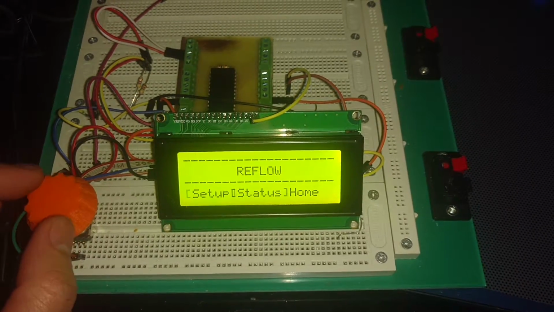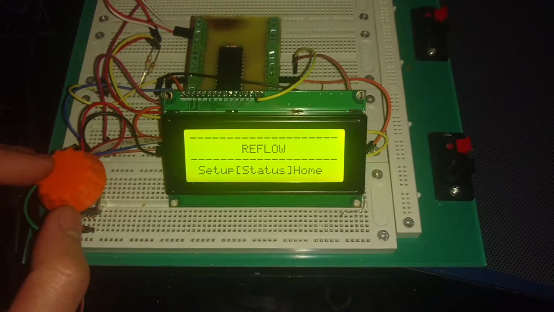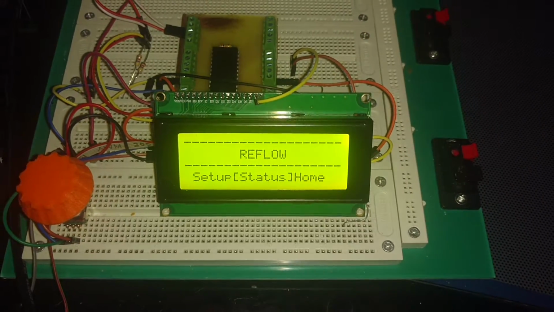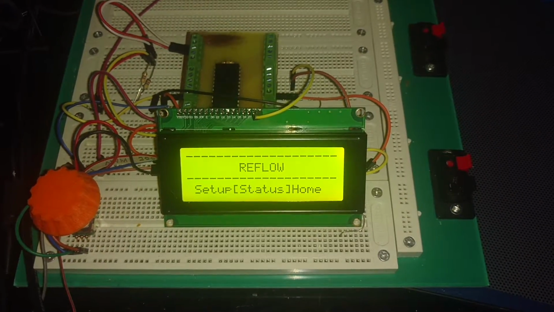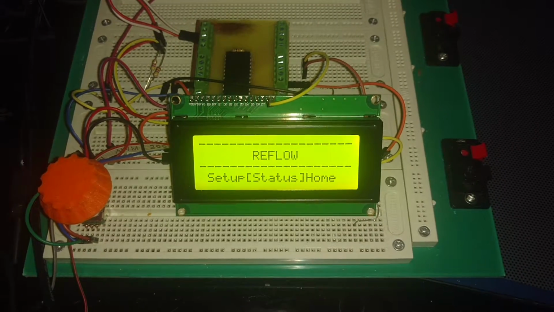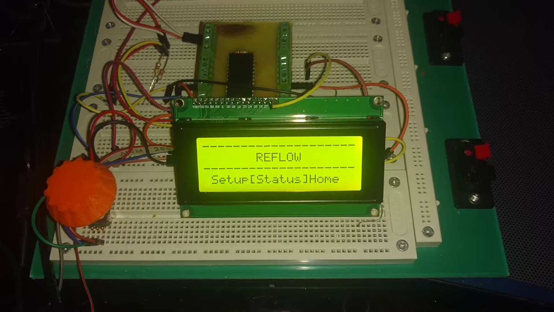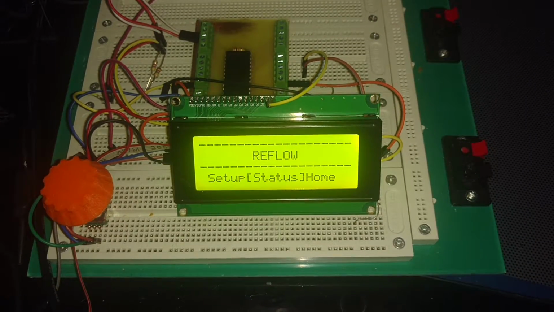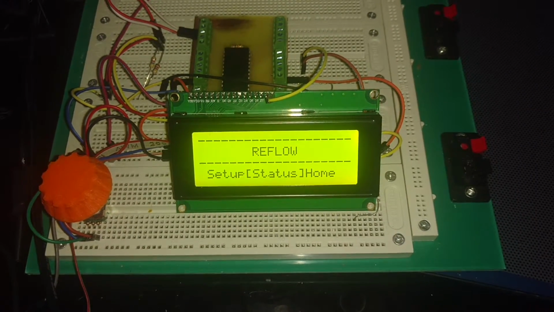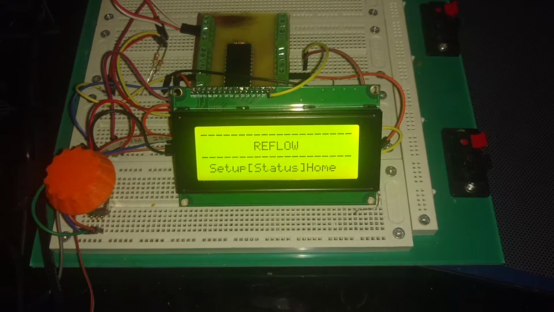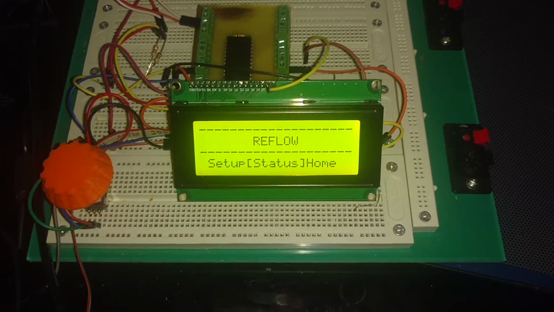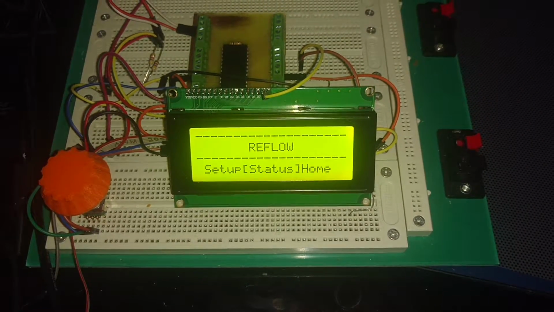On this screen, the status is going to go away, and it's going to be replaced with a calibration page where, if you've ever calibrated a digital thermometer by putting it in a glass of ice water, that's what this is going to do. And it's also going to be a place where you can set off a learn function